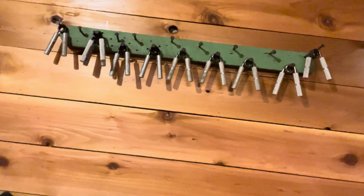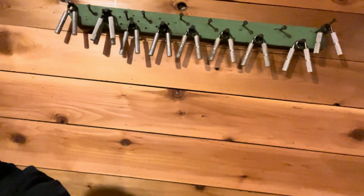So between the Baoding balls and the pen spinning, I'll do a different video on the pen spinning later again, but the Baoding balls is becoming a fairly important part of my routine, right along with the grippers that are up here for grip strength. You can see what I've got. They're 150 to 400 pounds. I'm able to close about 230 pounds or so right now. But there's other videos out there. You can watch those. I've got a few videos on the grippers up, and the Baoding balls, both hand dexterity, building strength,